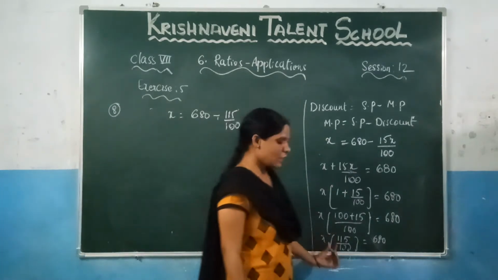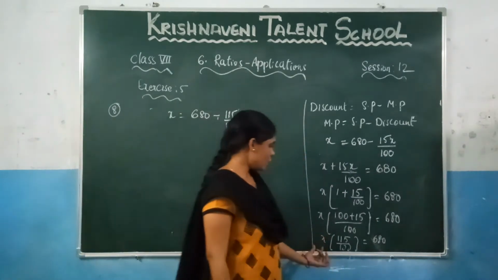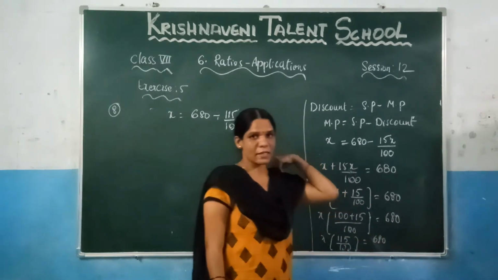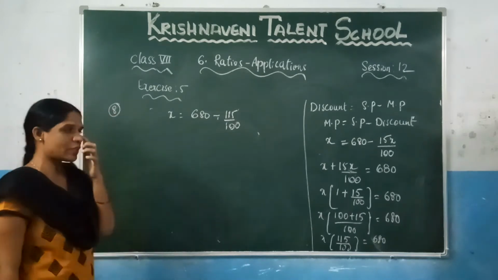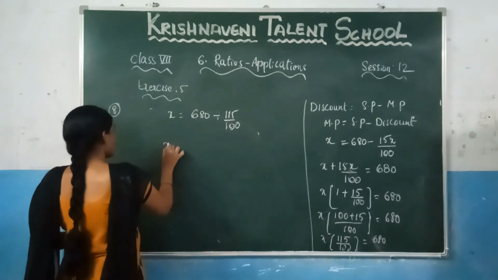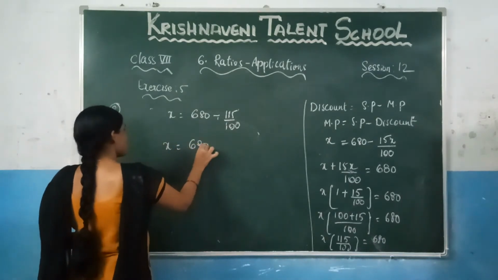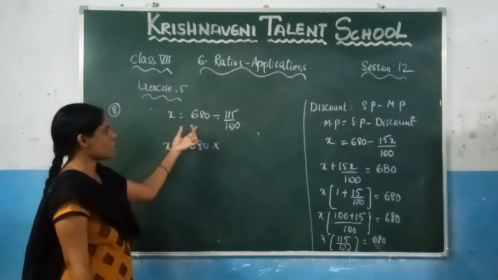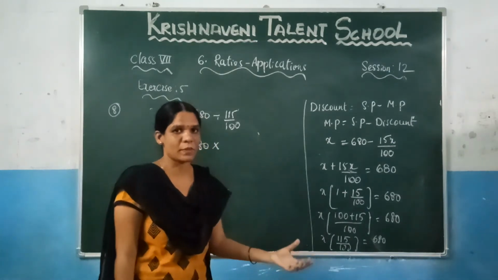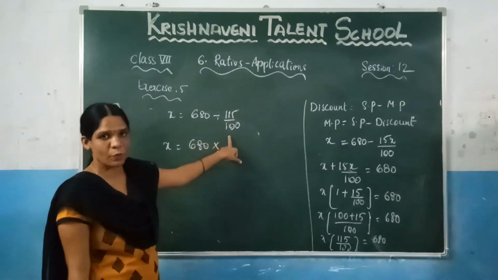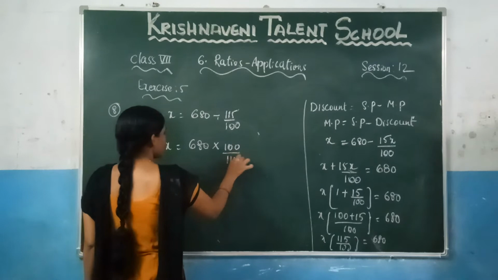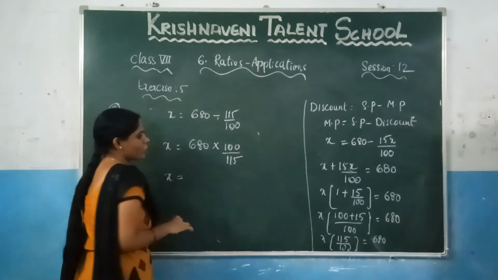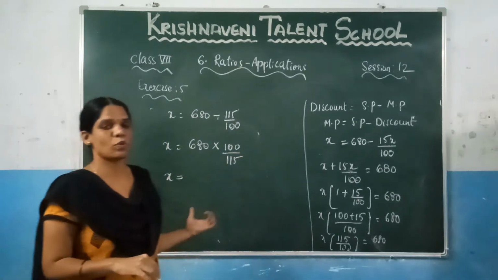Here what we are doing, multiplication. If you take this multiplication to the right hand side, it will become division. So you will get 680 divided by 115 by 100. So what is the value of x? If you are changing this division operation into multiplication, you need to write the reciprocal. So what you will get here? 100 by 115. So just do the calculation so that you will come to know what is the market price